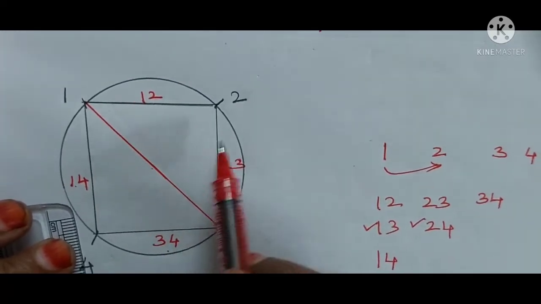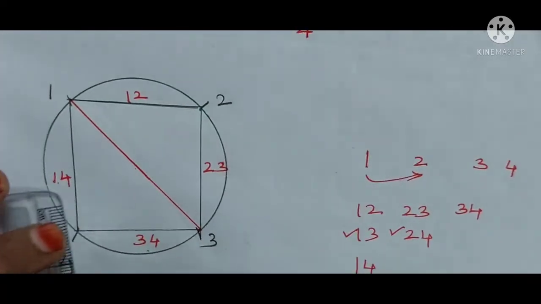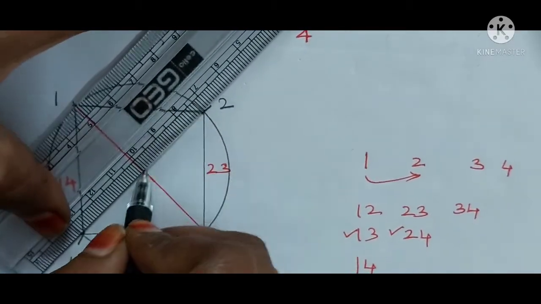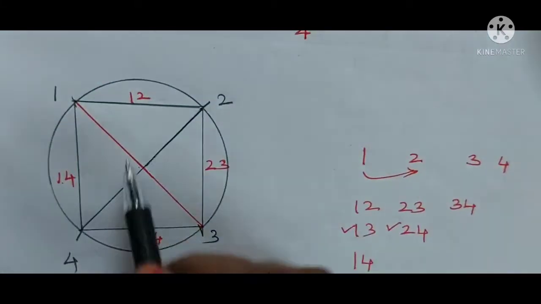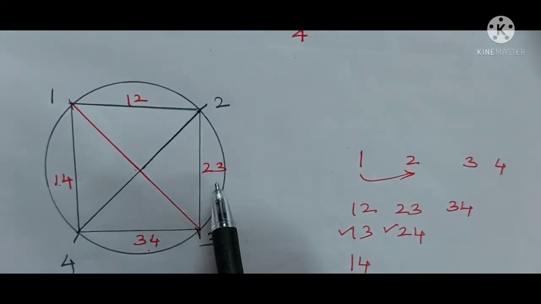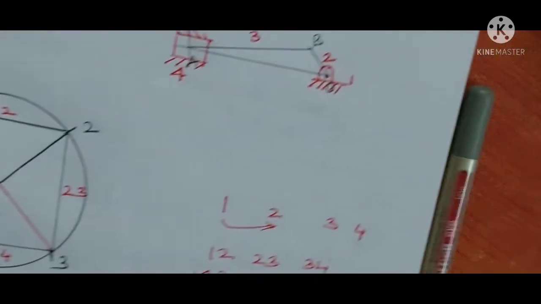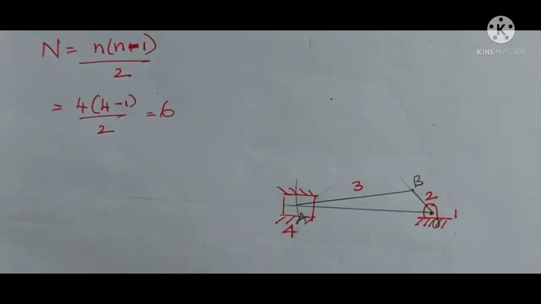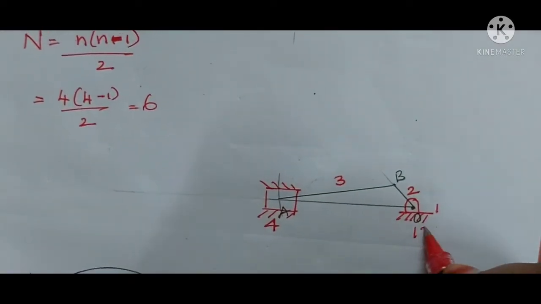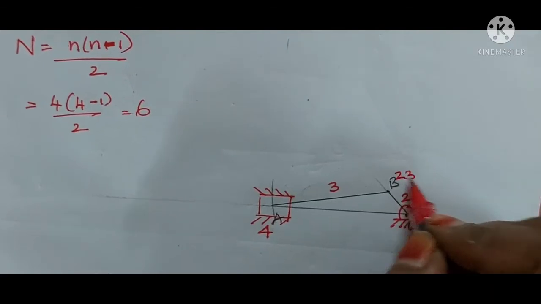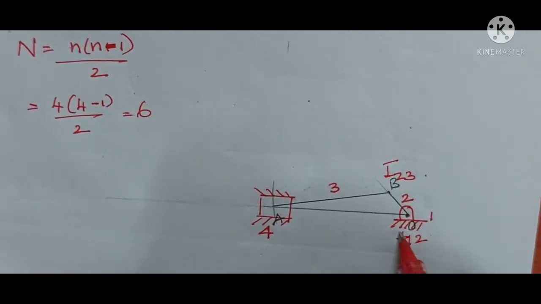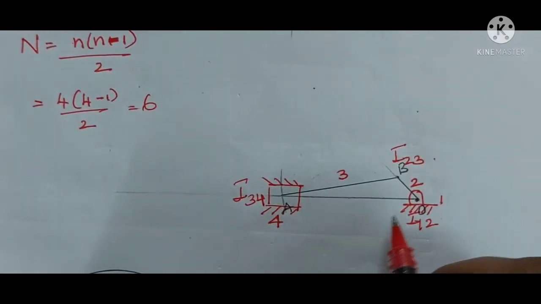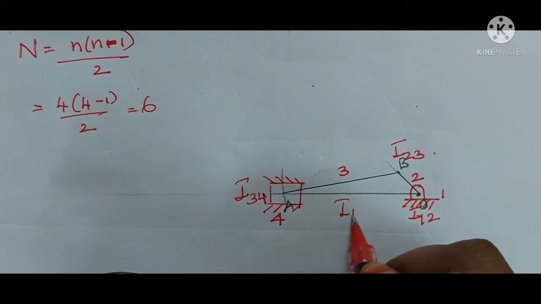By extending these two instantaneous centers you will get I13. The same way, I24 we can get by extending I12, I14 and I34, I23. Okay, so in this configuration diagram or space diagram, now we need to locate all the centers. So now this is I12 and I23. We can take I12, I23. Then this is I34. And here itself you will get I14.